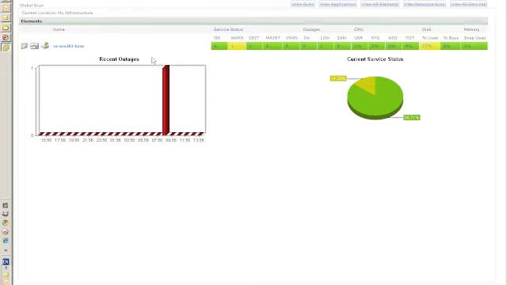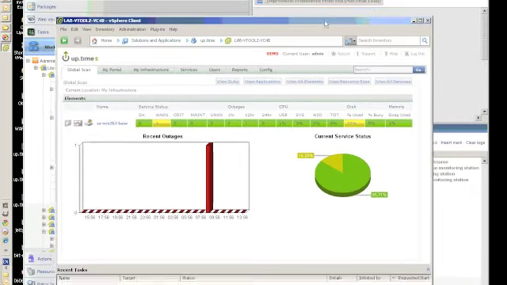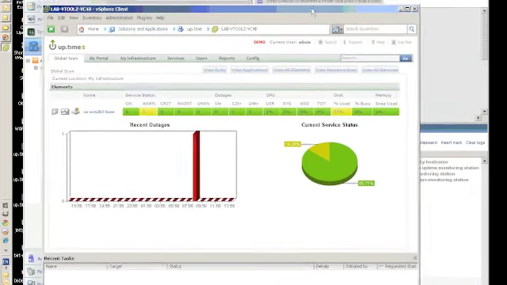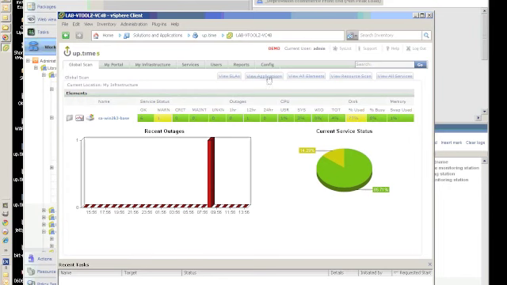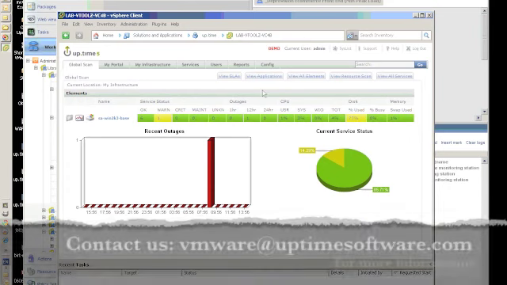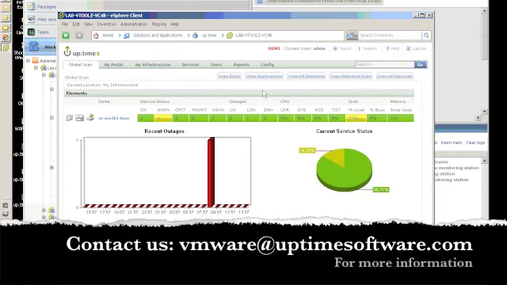So that pretty much covers what we wanted to talk about today in terms of the integration of Uptime with vOrchestrator. Certainly, again, if you want a more detailed demonstration or a better understanding of what our product can actually do, feel free to contact myself, ken.cheung, C-H-E-U-N-G, at uptimesoftware.com through Shah Yu, and we'll be happy to show you anything that you want to see. So thank you for your time, and hope